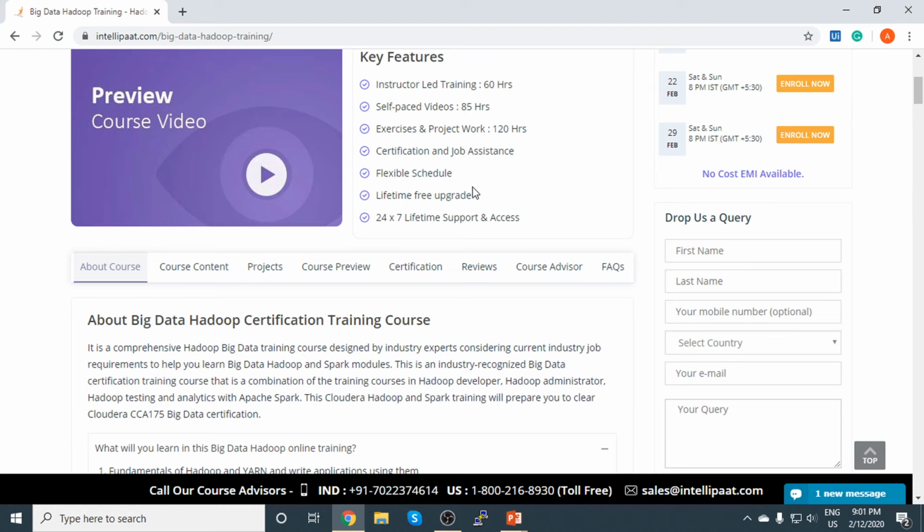Coming to scheduling, if you cannot pick up the instructor-led training, where there is an online classroom and an instructor teaches live, make sure to call us up, and we'd be more than happy to give you flexible scheduling, where you can be put into a class that helps you with your time. But if you are very strict about your timing and there is absolutely no way you can make time, we do have the self-paced version as well. The self-paced version is recorded videos of all the content you'll be learning, and you can sit at your own convenience, at your own time, and learn all of this as well.